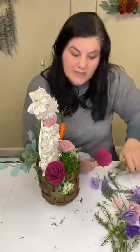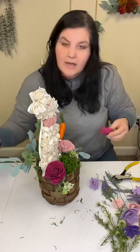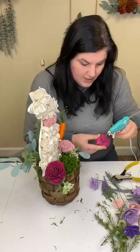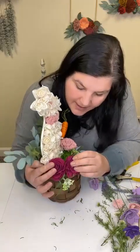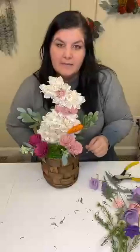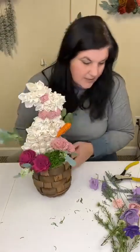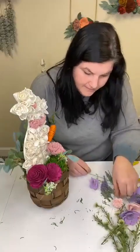And we don't really even need too much wire. If you're new to us here and you don't know about the wire that we use, it's an 18 gauge wire because that gives it strength to hold, but at the same time enough flexibility. So I'm just going to fill this up, and I don't really want to cover up too much of my